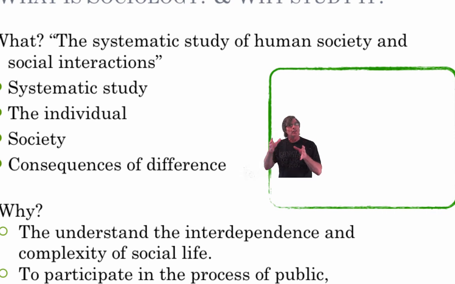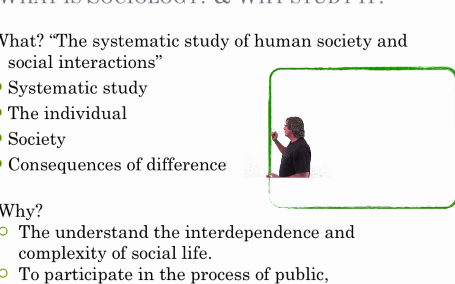Systematic just means there's a scientific way of organizing it and researching it in a very scientific, systematic process. What we're looking at in this course will be very fact-based, more so than opinion or belief. It's going to be fact-based on the research. It's based on the individual and the society, both, and it looks at the relationship between the two. How is the individual affected by society, and how is society affected by individuals?